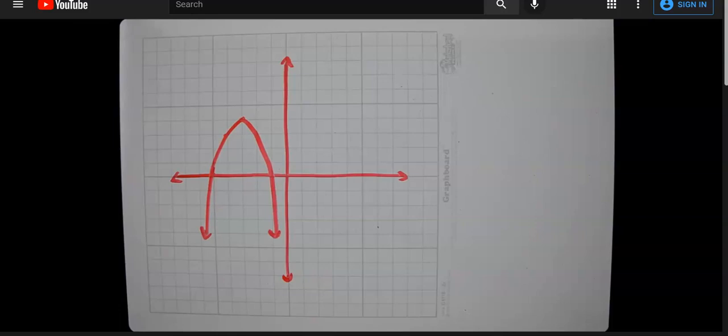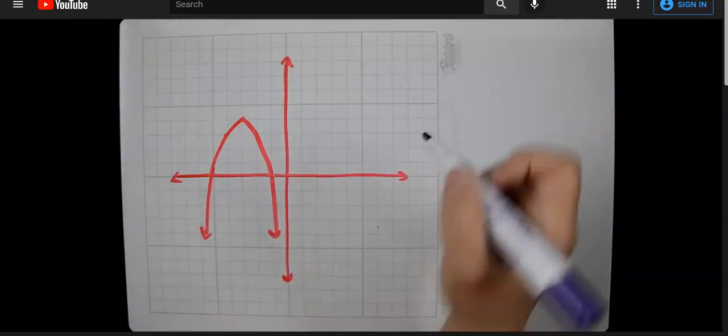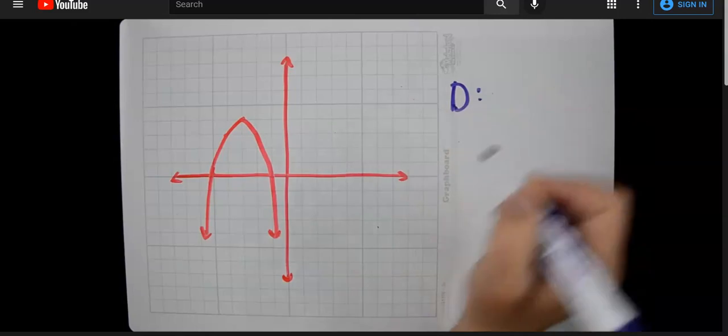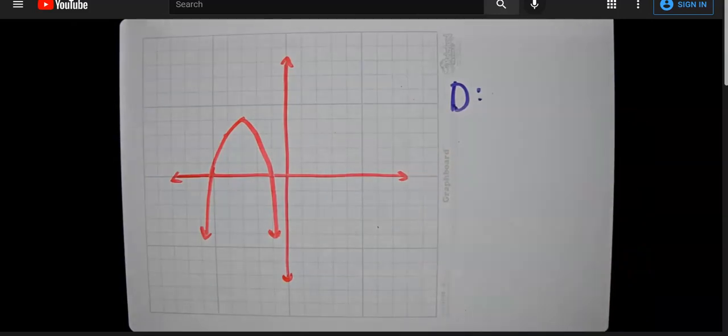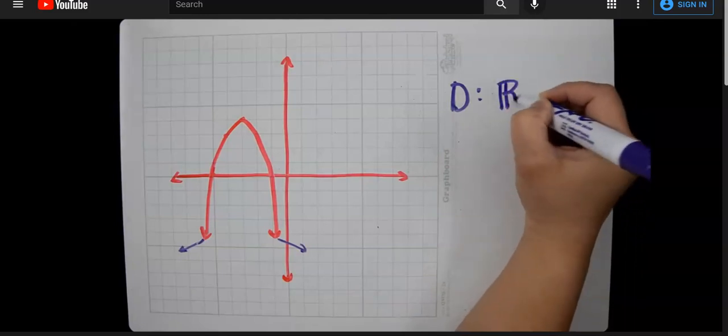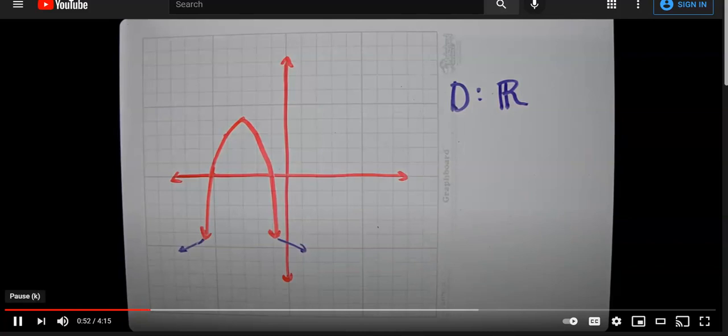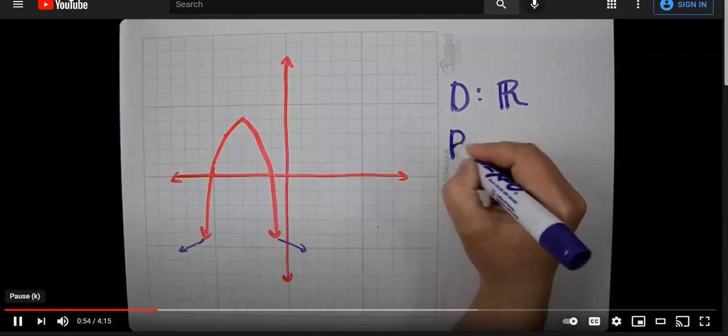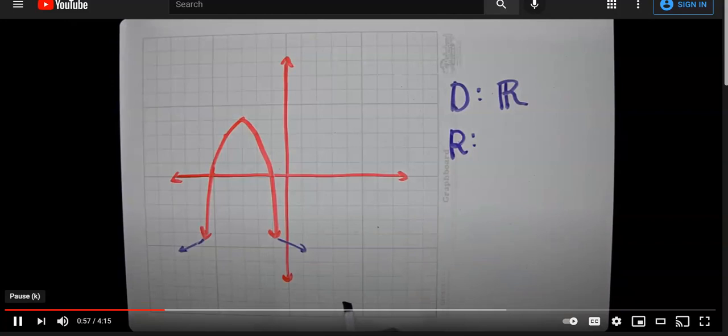So if we're looking at this parabola, this U-shaped graph, we have to understand some characteristics of it before we list out our domain and range. So looking at these arrows at the bottom of our parabola, it represents two different things. This arrow here represents that the graph goes forever down and also to the left. I'm going to exaggerate that arrow a little bit. And this arrow means our graph goes forever down and to the right. So if we're just talking about our x values, we could say that our domain is a set of all real numbers because our graph includes every single positive, negative number out there, including all those decimals and fractions in